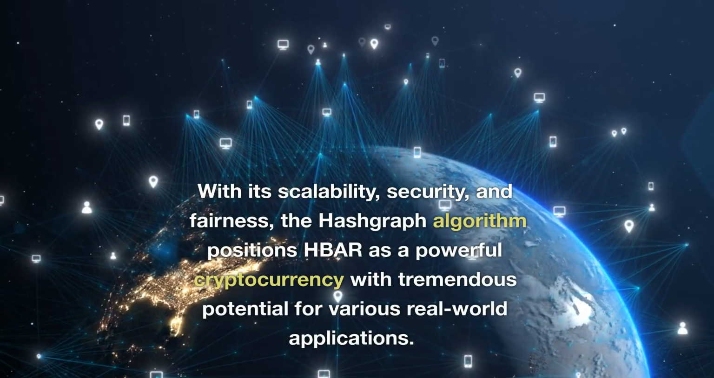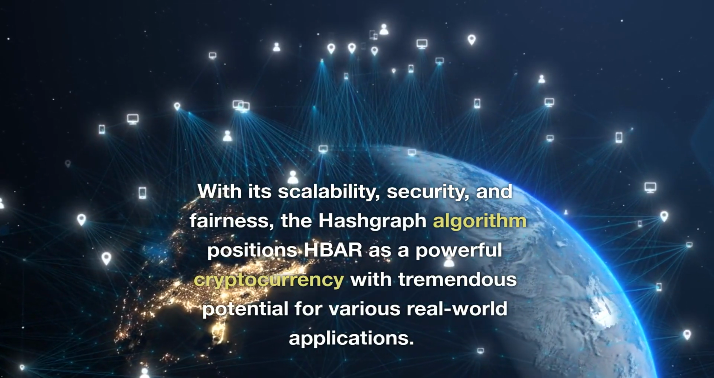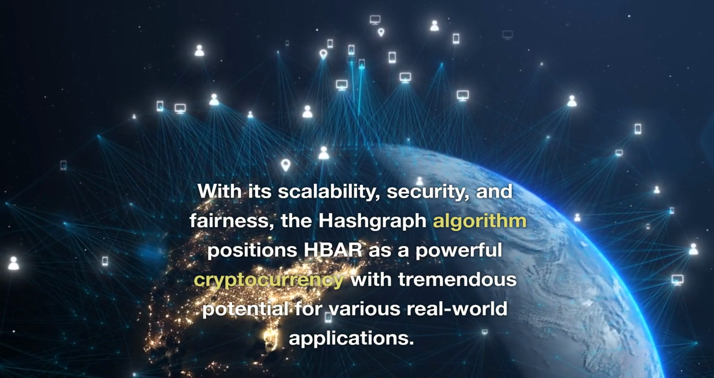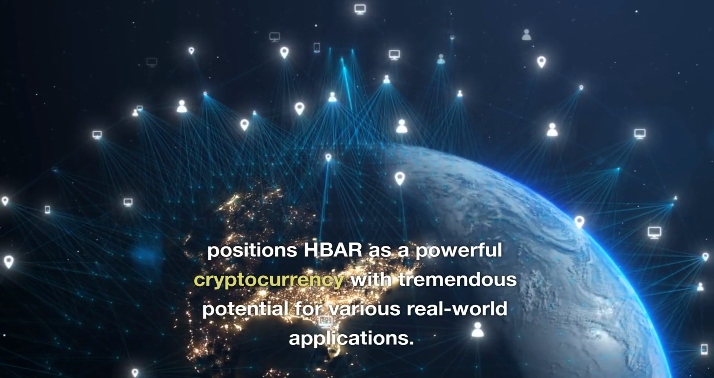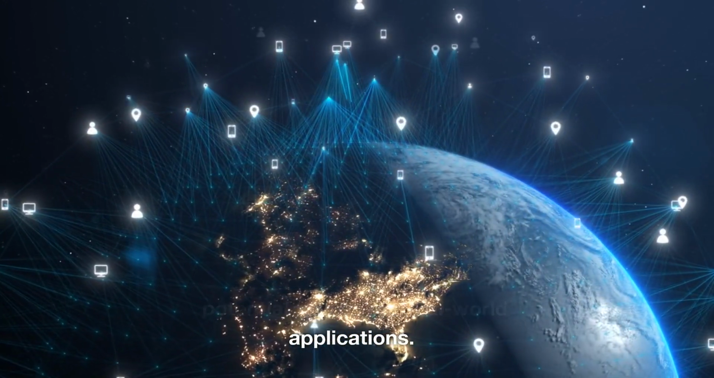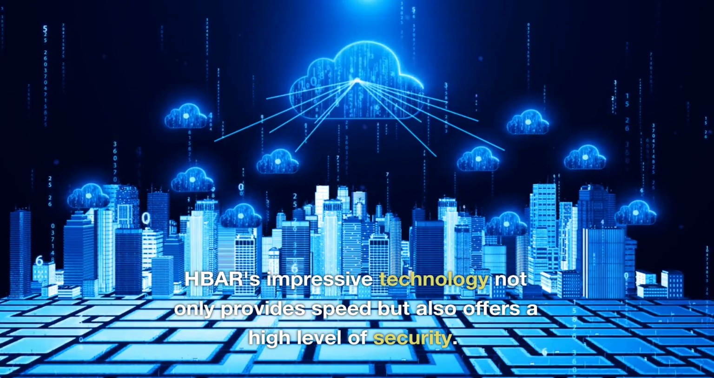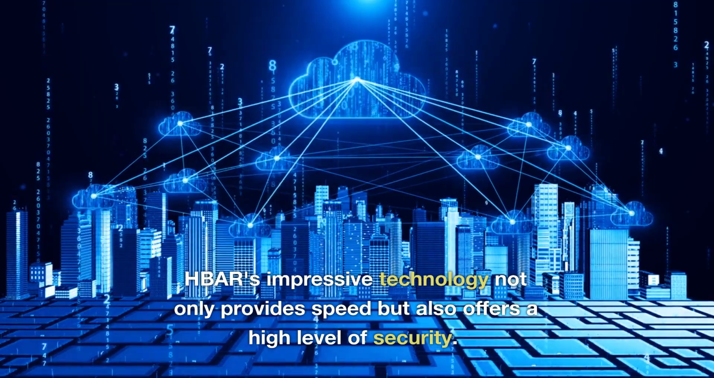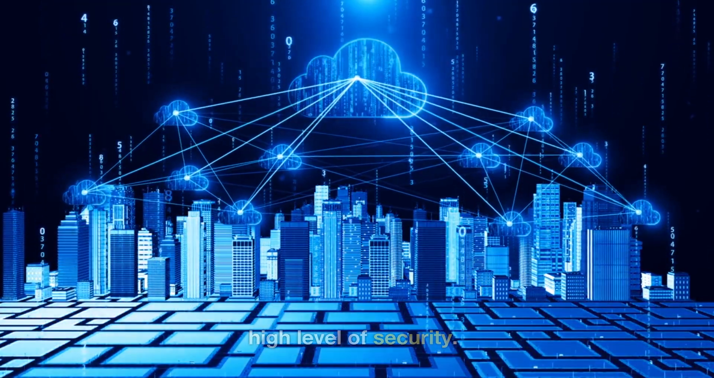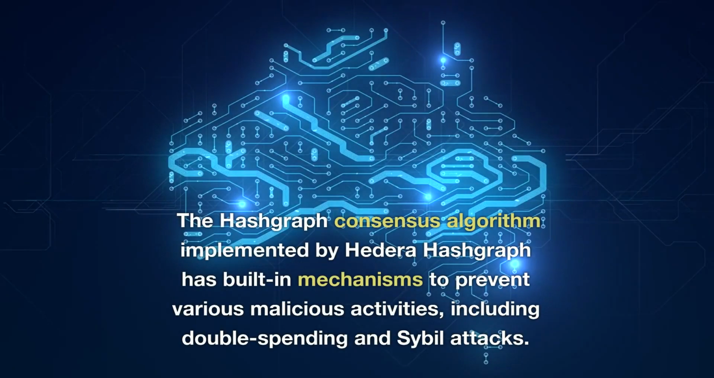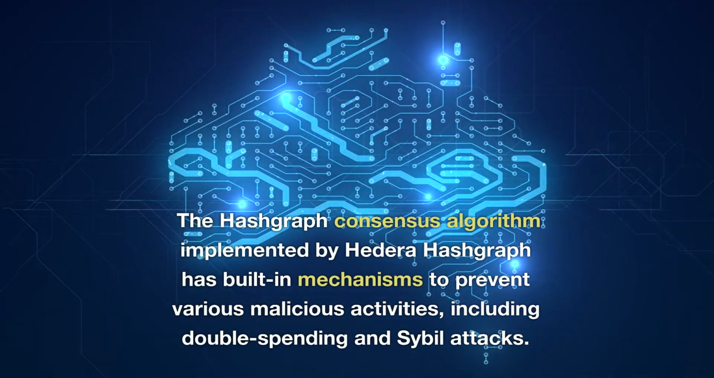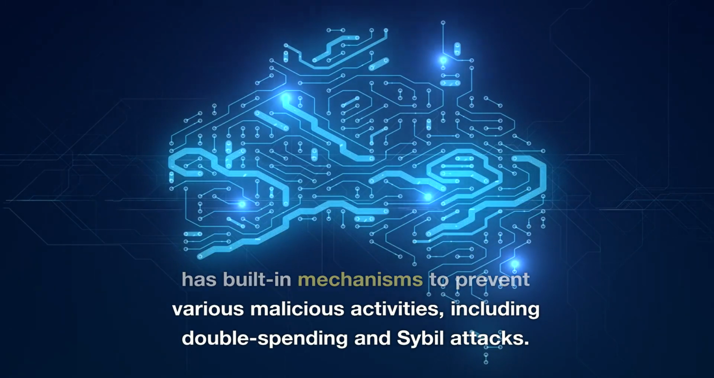With its scalability, security, and fairness, the hashgraph algorithm positions BAR as a powerful cryptocurrency with tremendous potential for various real-world applications. Key features and use cases. BAR's impressive technology not only provides speed but also offers a high level of security. The hashgraph consensus algorithm implemented by Hedera Hashgraph has built-in mechanisms to prevent various malicious activities, including double spending and